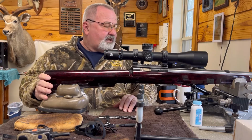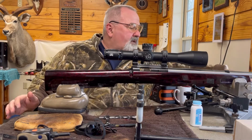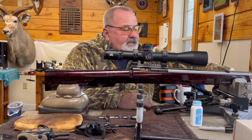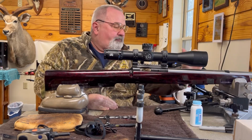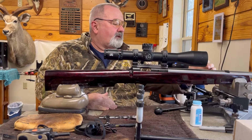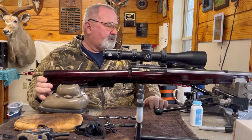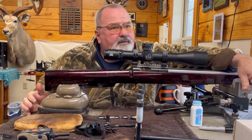Once this thing's in the rest, one annoying little detail that's ruined many groups and many matches is making sure everything is tight. So check your feet, check and make sure that your lever here is locked down on the post so it's not moving. And I will tension up the front ears. Now when I do this,